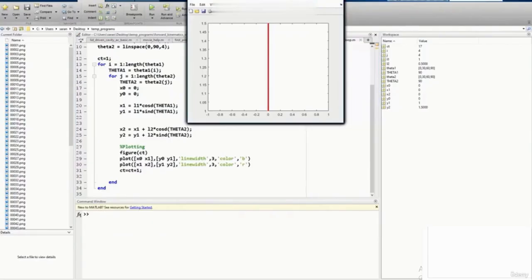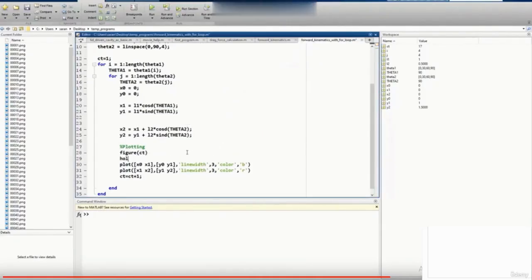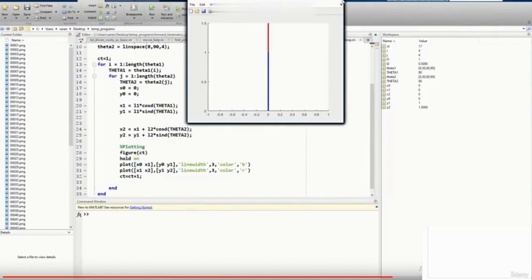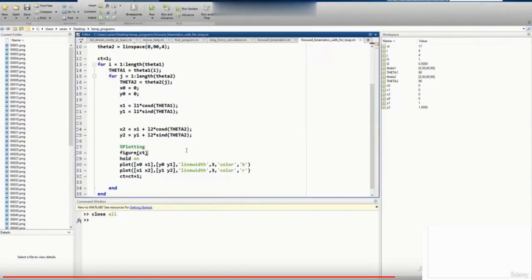you will see that I'm getting 16 figures just like previously, but I'm just seeing only one link. I'm just seeing the second link. That is because when you're using the plot command, the most recent plot command is displayed. To prevent this from happening, I can use hold on so that the plots do not get overwritten. So if I type in hold on and if I execute this, I should get very similar plots as before. All right. However, the advantage of using a plot command is I can actually remove this,